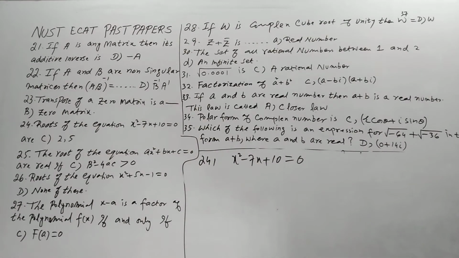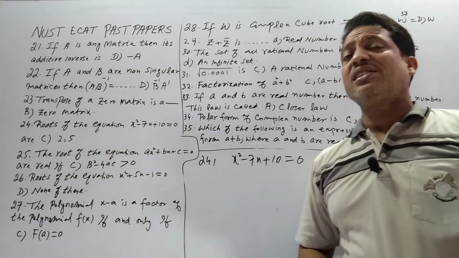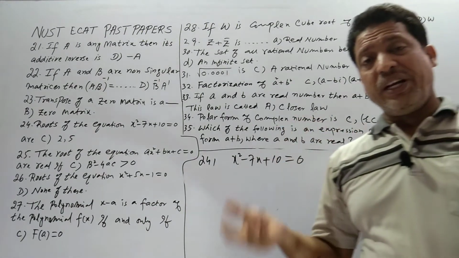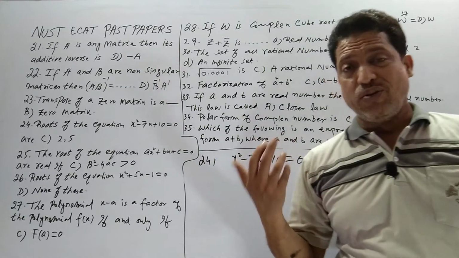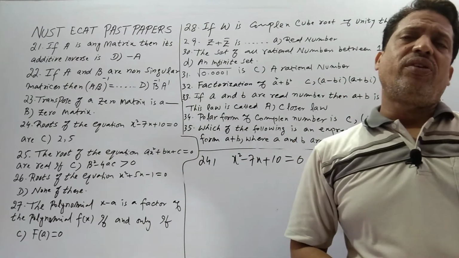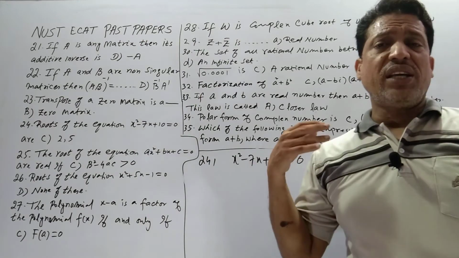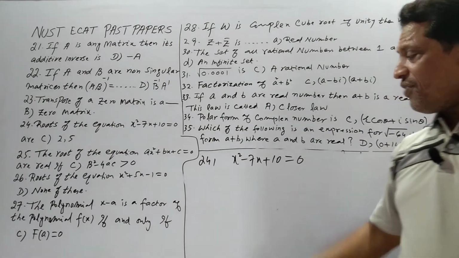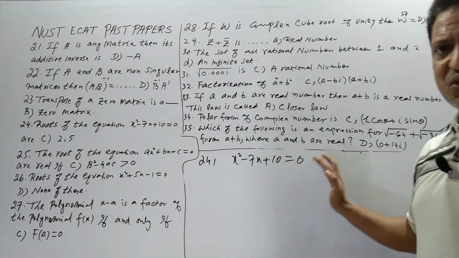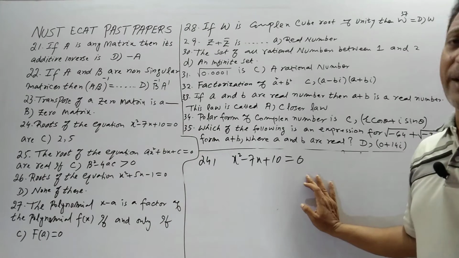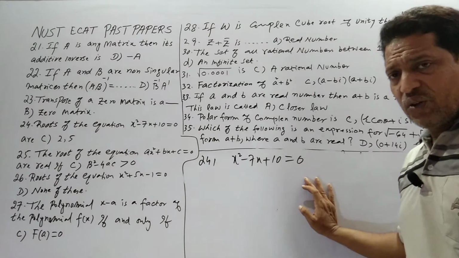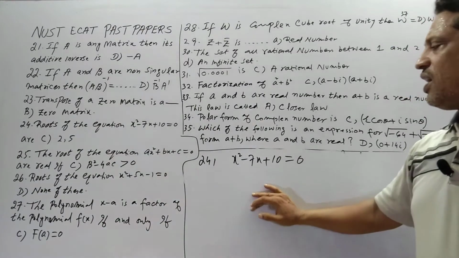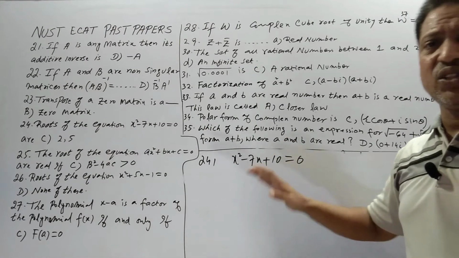How to solve a quadratic equation? There are so many methods. Method number 1 is factorization, which we call the middle term break method. Method number 2 is completing the square. Method number 3 is using the quadratic formula. And method number 4 is using a graph. But among all 4 methods, we first try to apply the middle term break method. If we succeed in getting the answer with the middle term method, it means we are able to get the answer as soon as possible.